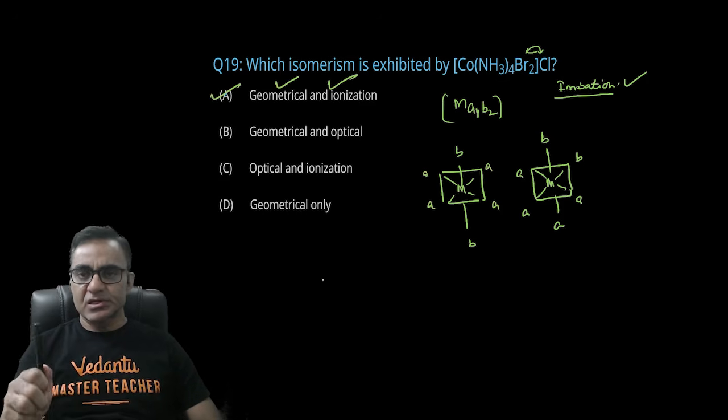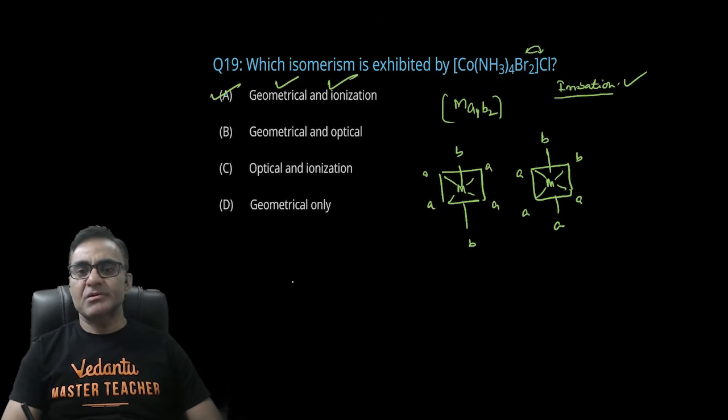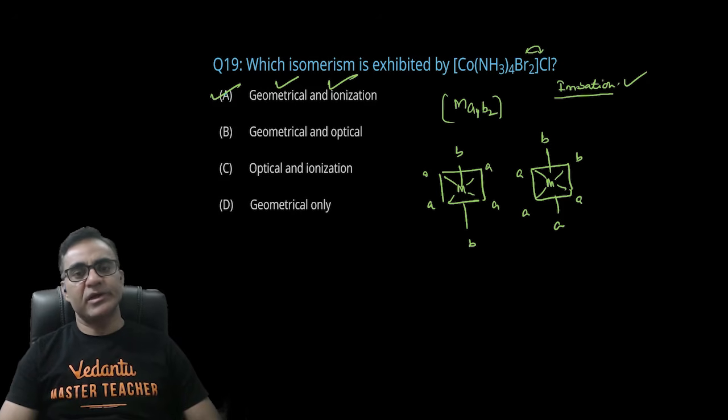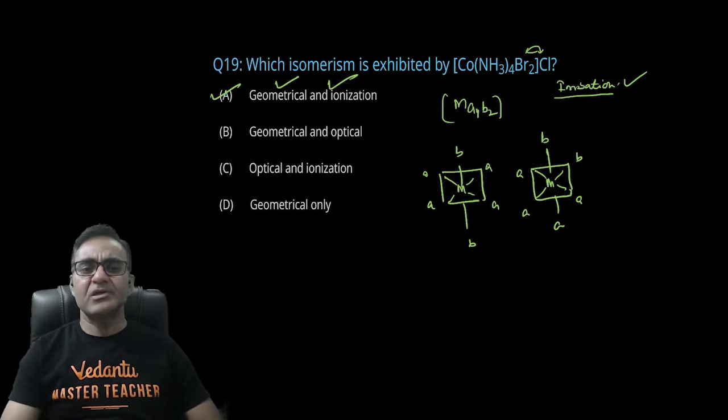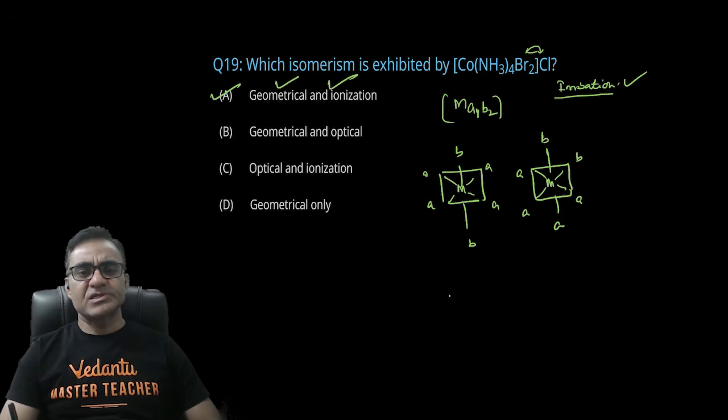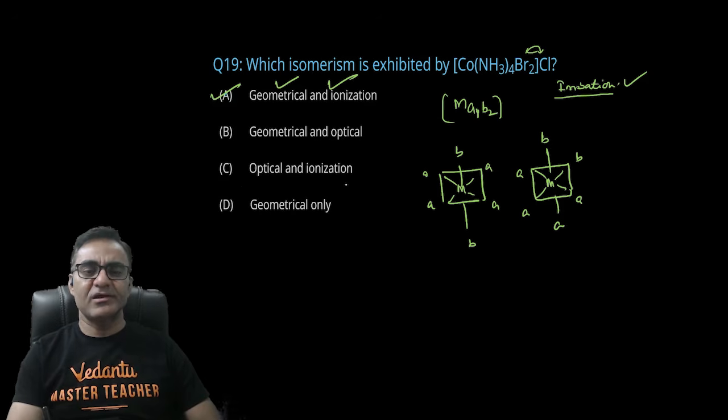All right, तो ज्योमेट्रिकल और आयनाइजेशन दोनों आइसोमेरिज्म actually exist, और क्योंकि इसमें प्लेन ऑफ सिमेट्री exist करेगा इसलिए this compound cannot exist in optical isomerism, right। और वैसे भी आपका जो most suitable ऑप्शन है वो हो गया A, ज्योमेट्रिकल और आयनाइजेशन। तो ऑप्टिकल हमने चेक नहीं किया, but if you want to check you can check both the compounds have plane of symmetry, इसलिए इसमें ऑप्टिकल आइसोमेरिज्म नहीं होगा। Yes, there is an option called optical and ionization also, तो आपको चेक करना पड़ेगा कि ऑप्टिकल है या नहीं है।